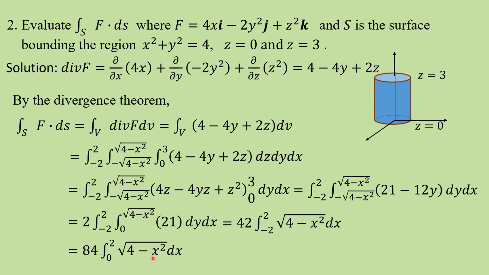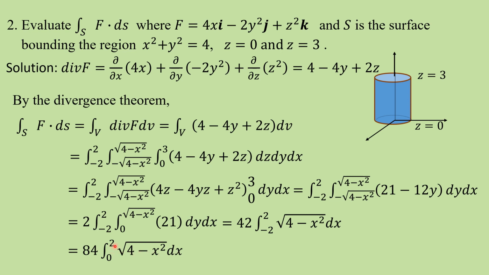Put x equal to 2 sin theta, so that gives now dx as 2 cos theta d theta. So 4 minus 4 sin square theta, that is 4 into 1 minus sin square theta. 1 minus sin square is cos square. Square root of 4 cos square is 2 cos theta. dx is 2 cos theta, that is 4 cos square theta d theta. Or in terms of t, if I have taken, then it is 4 cos square t dt.